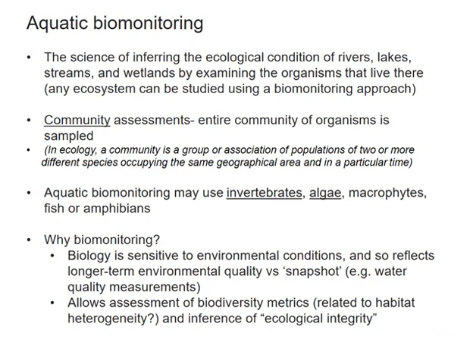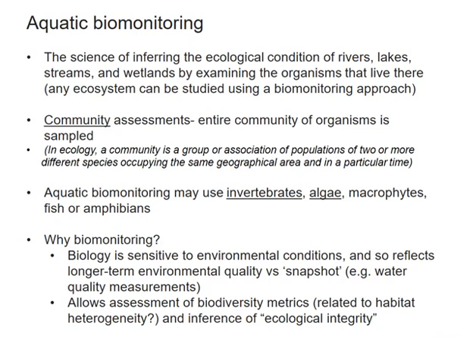So what is biomonitoring? It's the science of observing ecological conditions in a variety of aquatic habitats by examining the organisms that live there. You can use biomonitoring, technically speaking, on any ecosystem, but here it's going to be in an aquatic context. Generally speaking, you would look at a community of organisms, and a community is a specific ecological term that means a group or association of different populations. A population would generally be one species,